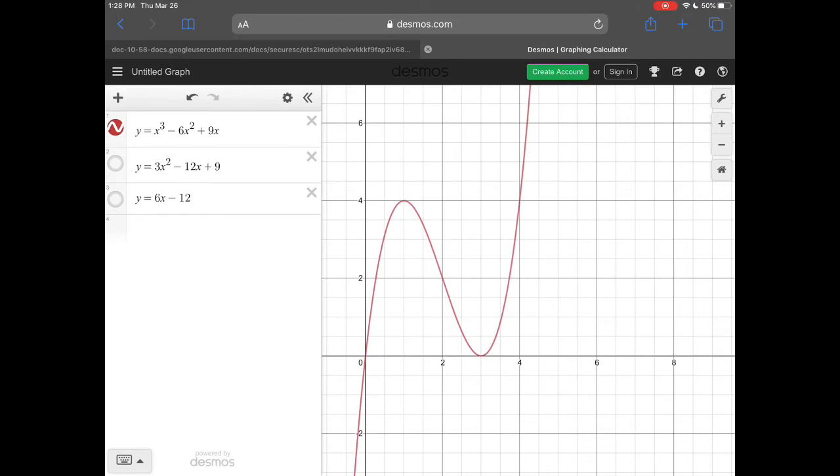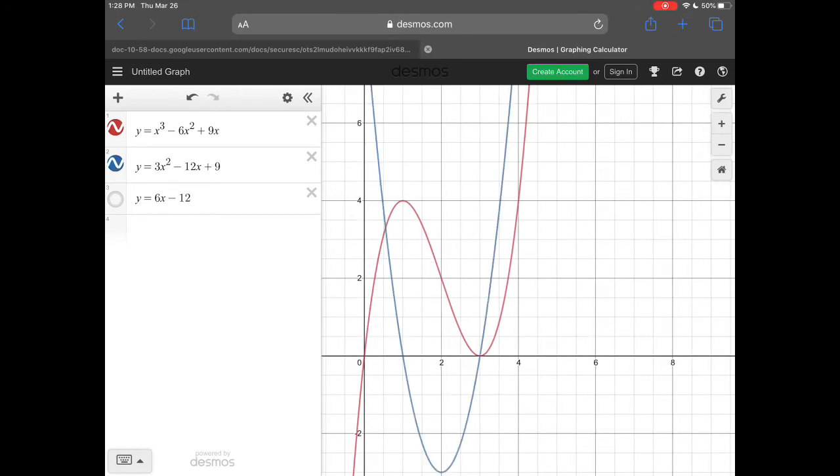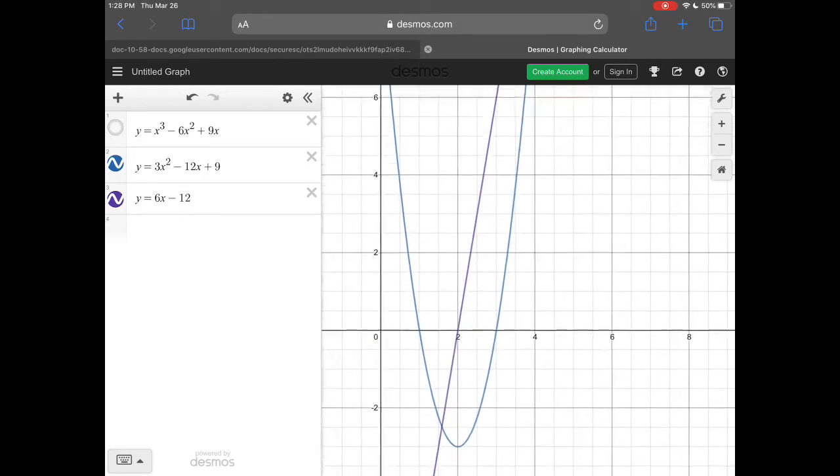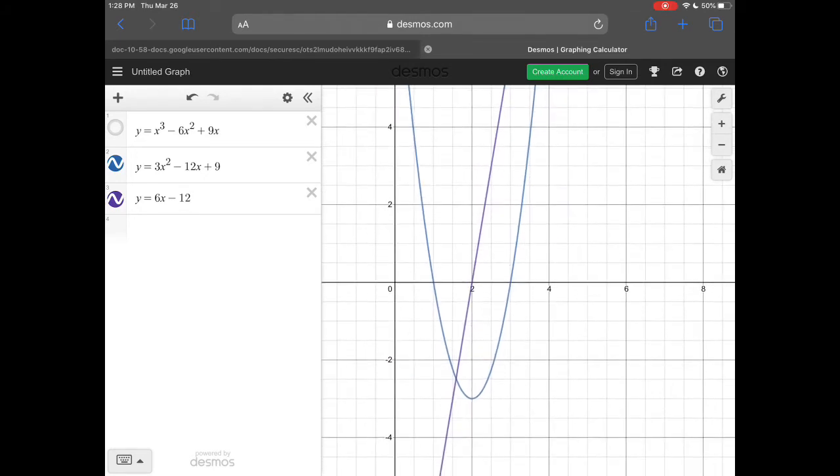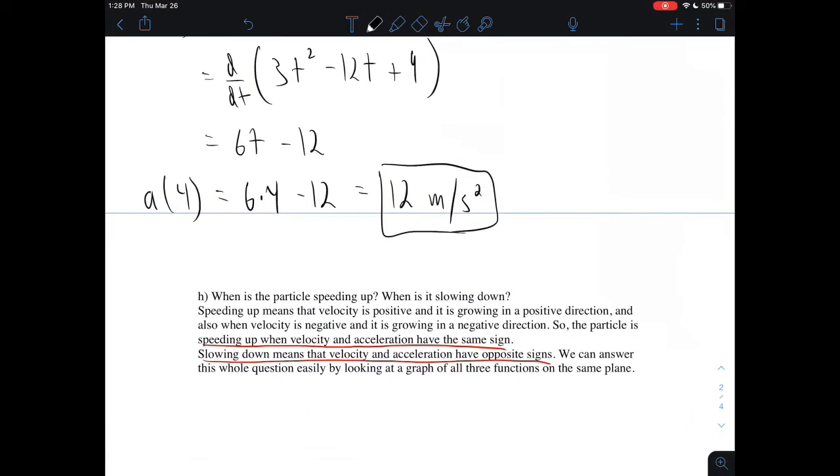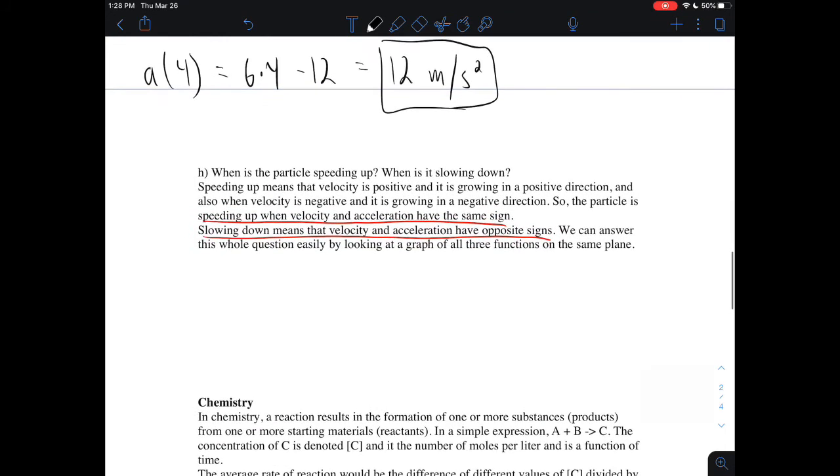So then we had our velocity graph, our quadratic, and then now we have our acceleration graph. So to go back to our question that we're trying to answer, we're just focusing on the velocity and the acceleration functions. So back in the notes, first, if we want to find out when the particle is speeding up, that is when the velocity and acceleration have the same sign. So speeding up,